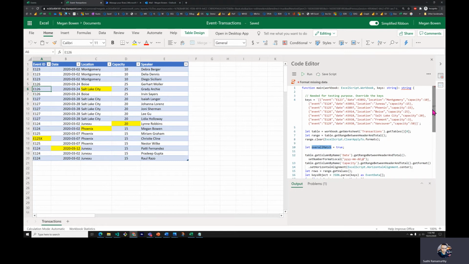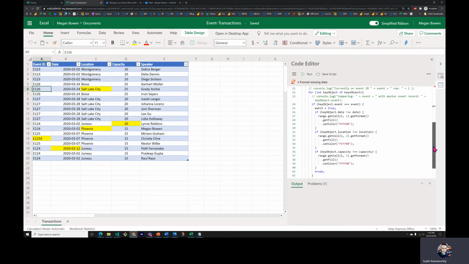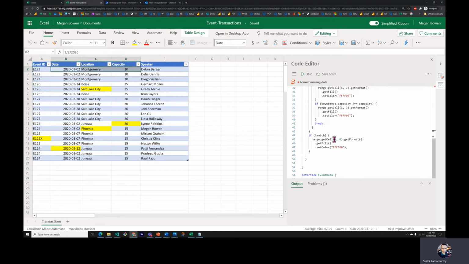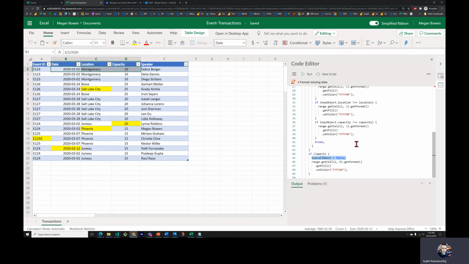However, if I find any mismatch, I'm going to reset it. A mismatch can happen in one of these 4 columns. I'm sure there are probably better ways to do this, but for now, knowing that there are only 4 places where the mismatch can occur, I'm going to just place that in each